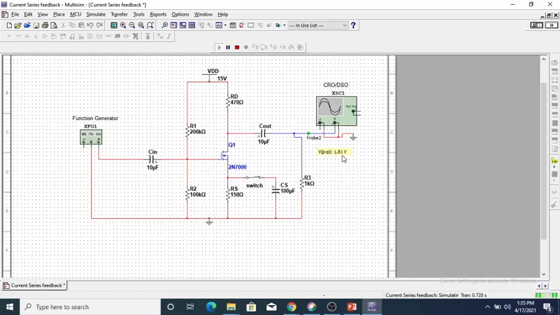So this is nothing but V0 double dash without feedback. Now pause the simulation, open the switch and again run the simulation and calculate V0 double dash with feedback. So it is 191 millivolt. So put this value in the formula and calculate R0 and R0F.